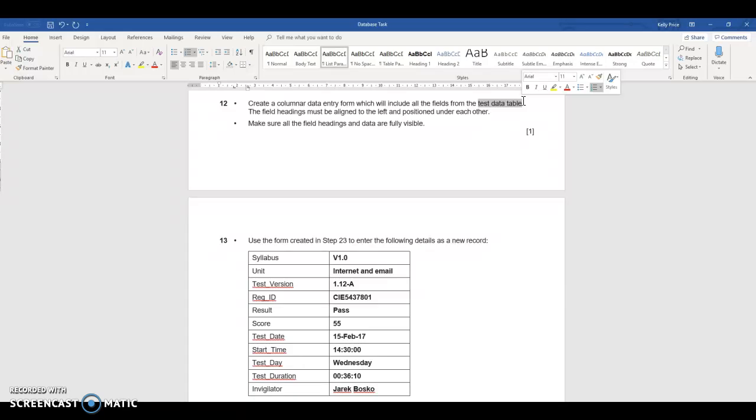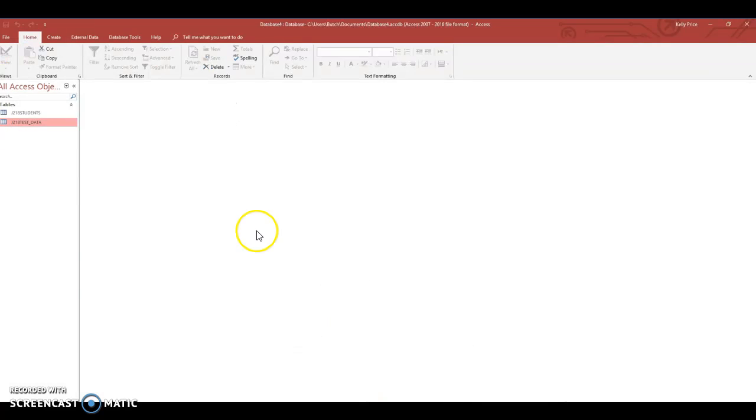The field headings must be aligned to the left position and positioned under each other. Make sure all the fields of data are fully visible, and then you're going to simply type this in as a new record. Okay, really simple. And make sure you check your data for entries. Now, as you do everything in Access, it will save automatically. Okay, so